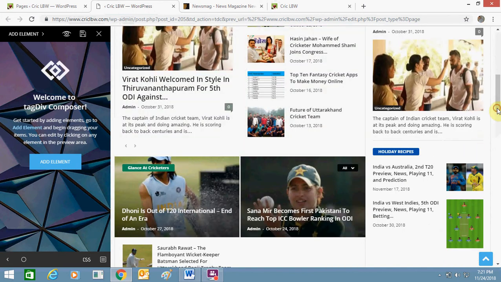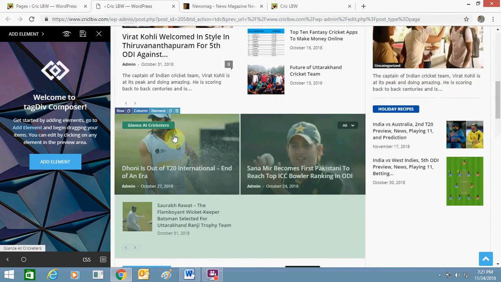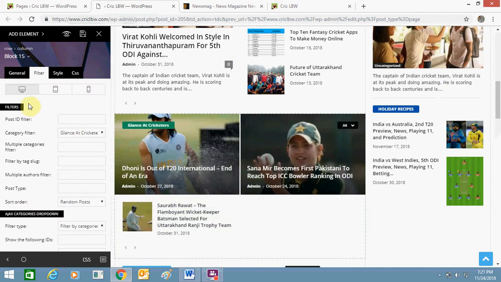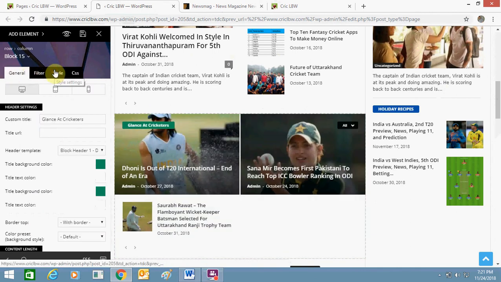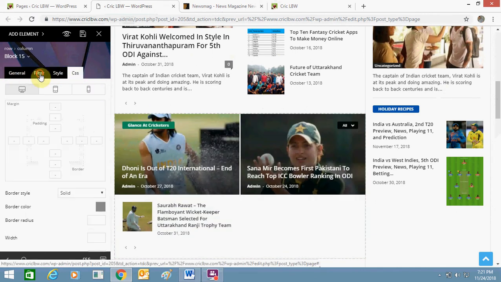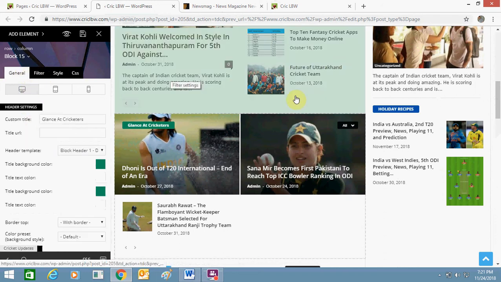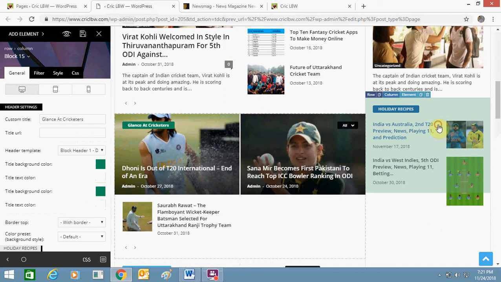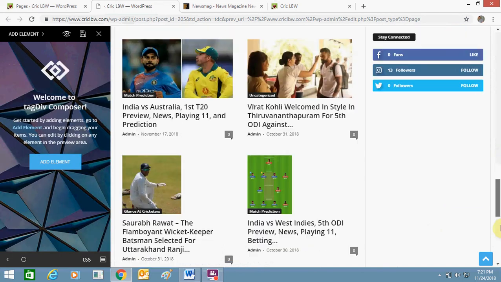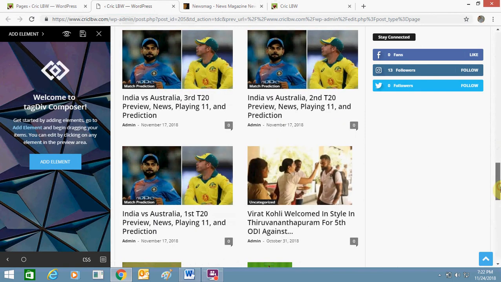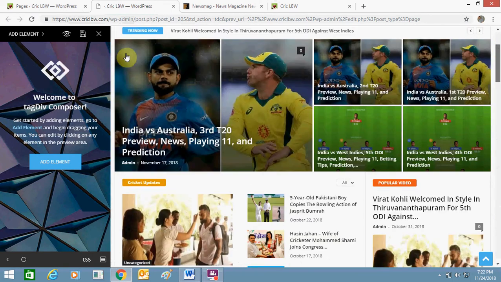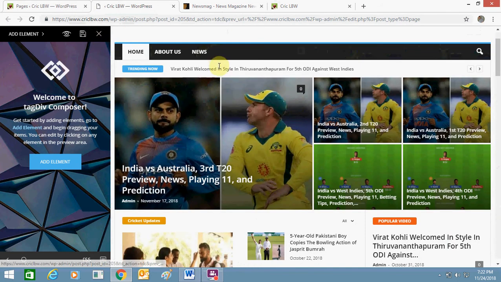Like in this section you will get the same thing, just click over it and you will get this journal style. If you don't know coding, then you can use this. Otherwise I would suggest you to use only these ones, journal and filter. In this section as well you will get the same thing, and I will also show you how I connected this social media. But before doing so, I want to show you one thing.